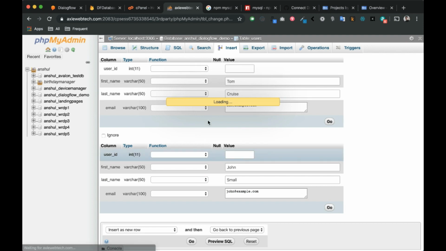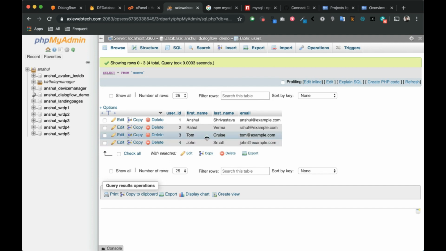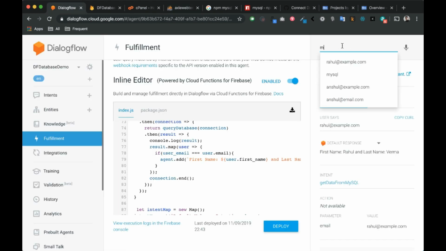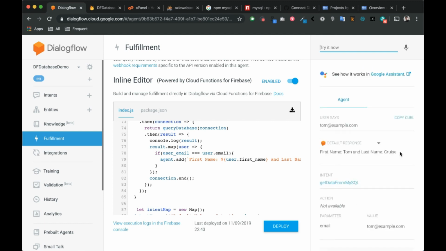Okay, so now we have got 4 data, Tom Cruise and Sean Small. Okay, so let's try it again. MySQL, email tom@example.com, and there you go. So you can see how easy it is to connect your Dialogflow with MySQL database, and